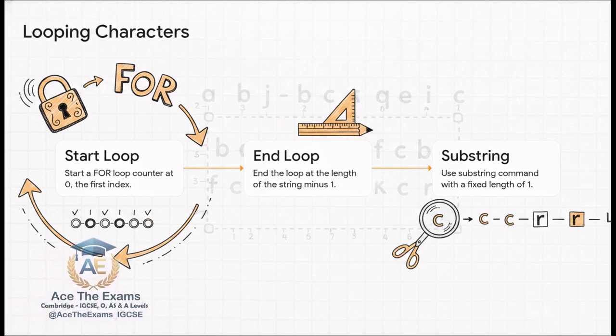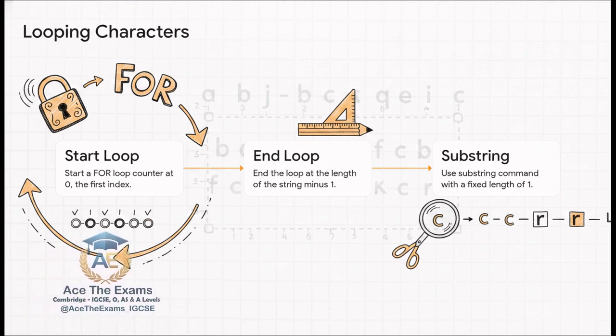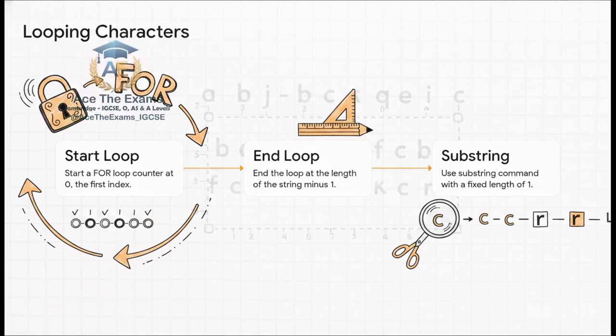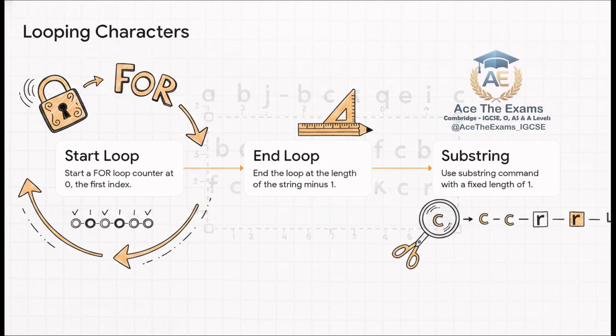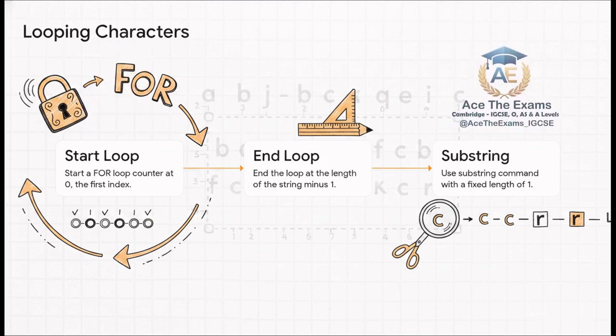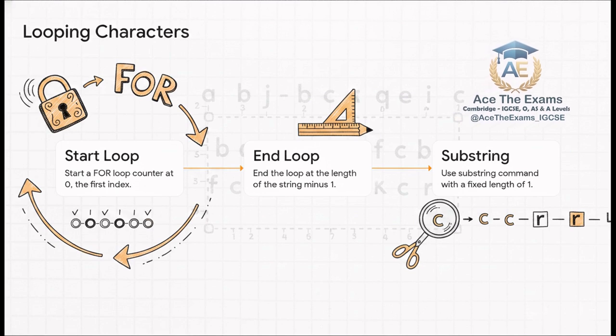You set up a for loop. Step 1, start your loop counter at 0, which is your first index. Step 2, end the loop at the total length of the message, -1. Remember what we talked about earlier? Zero-based indexing means the last character's index is always 1 less than the total length. Step 3,